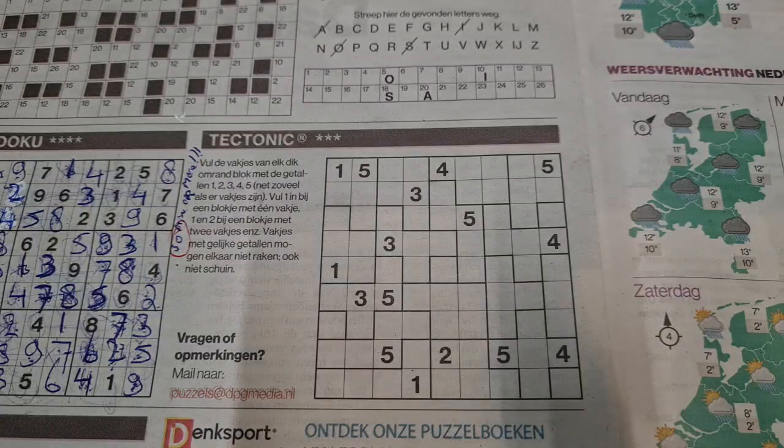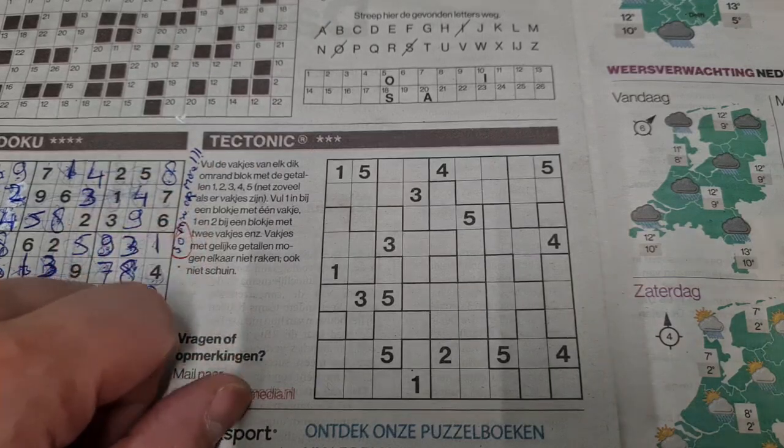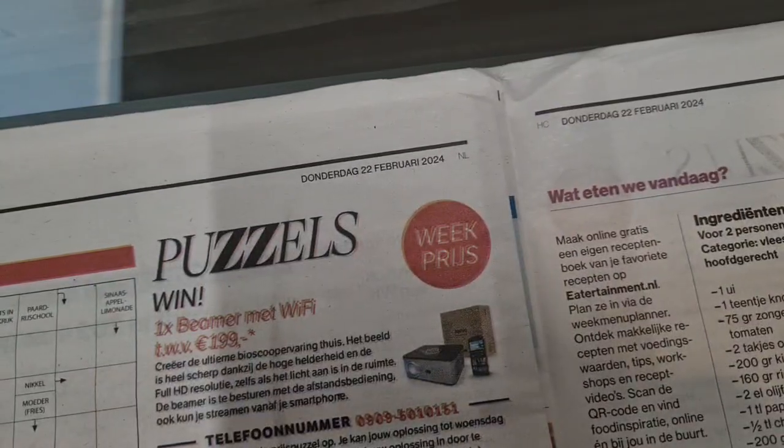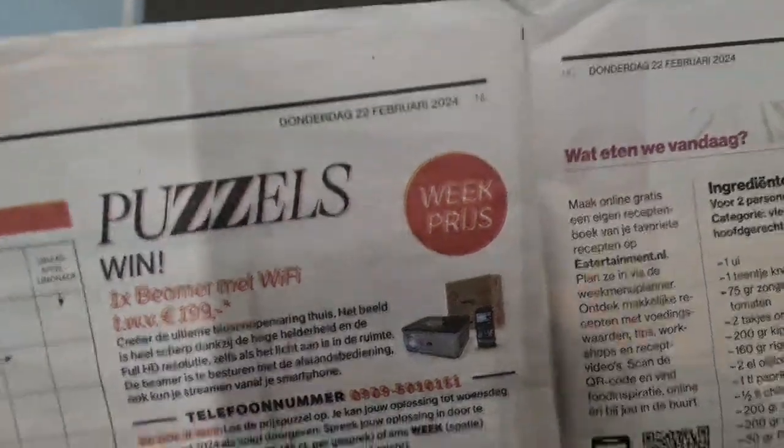Good afternoon, everyone. Welcome back with the third puzzle. The third puzzle, a Jigsaw Sudoku, aka tectonic. In Dutch, they call it cipher block. In Japanese, Suguru. In today's newspaper of Thursday, February the 22nd, 2024, we have here three regular puzzles,